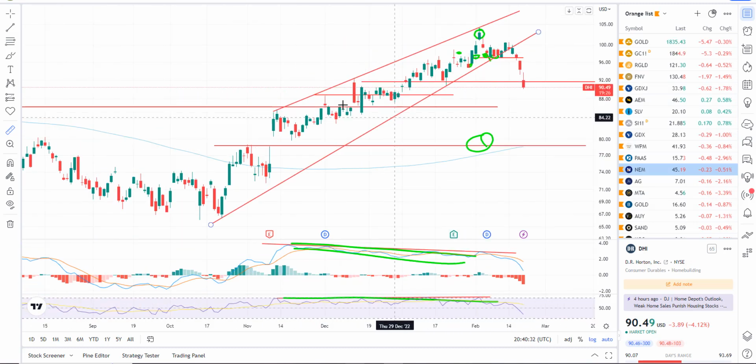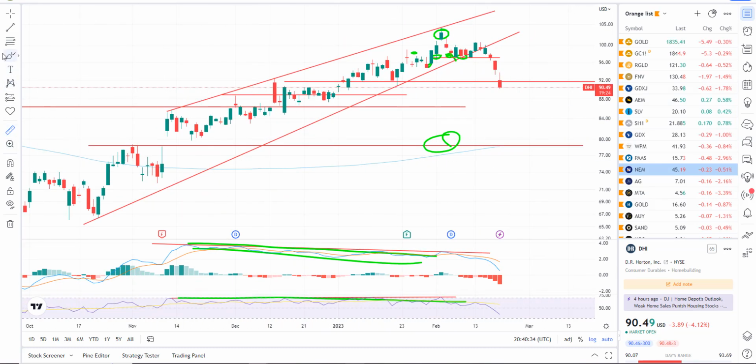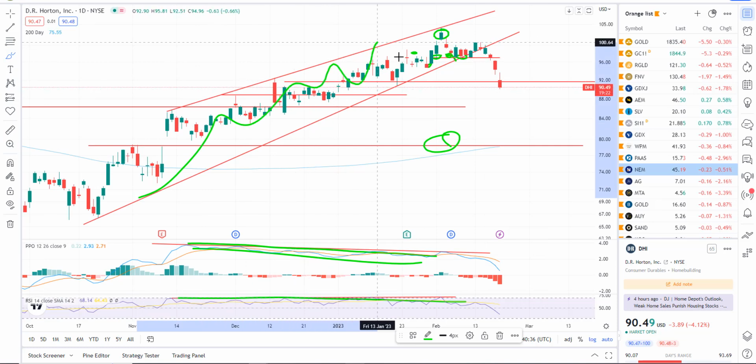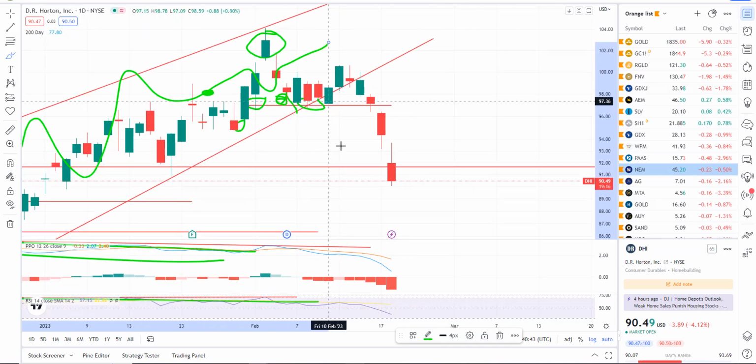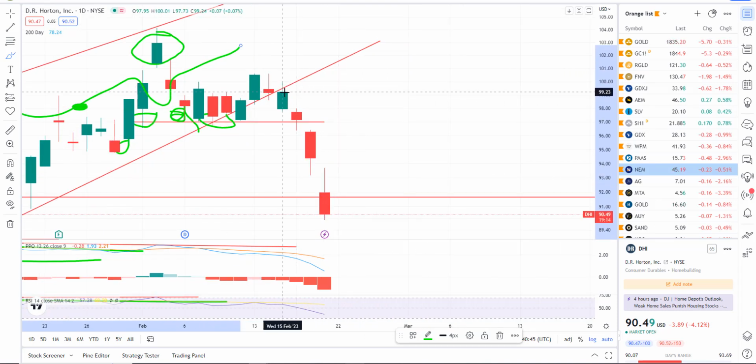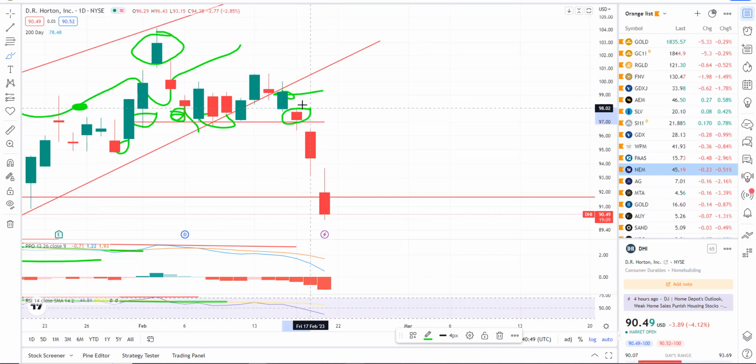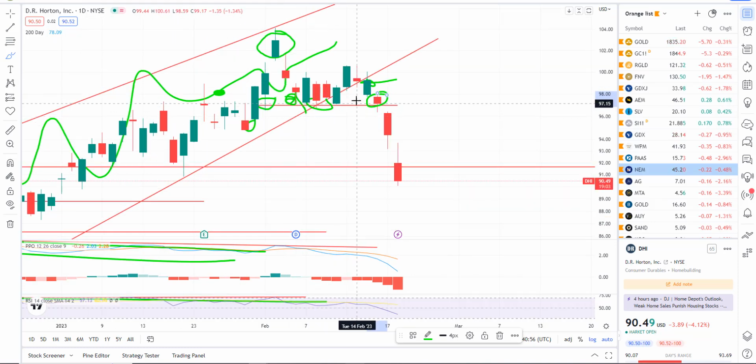DHI. Okay, so this one, we were watching this one for a while, and you can see kind of a rising channel, rising bearish, rising wedge, negative divergence on the daily. I was talking about it for a couple weeks. Finally broke. It broke trend here, and they recovered it. But at the end of the day, I think that's really your sell signal when you get the daily close clearly below the trend. And that was pretty much the point of recognition, and it's just massive selling ever since.